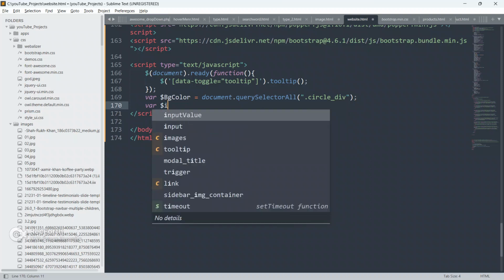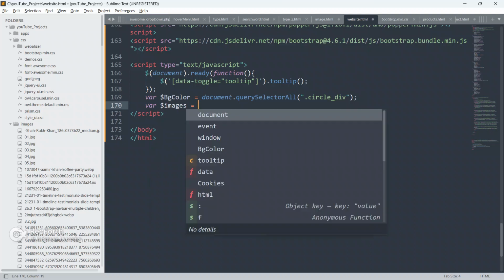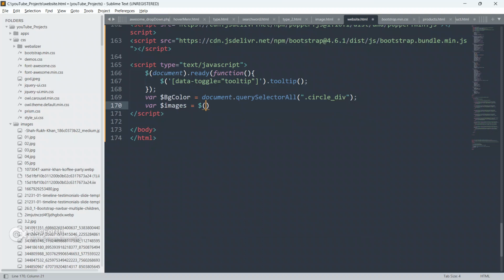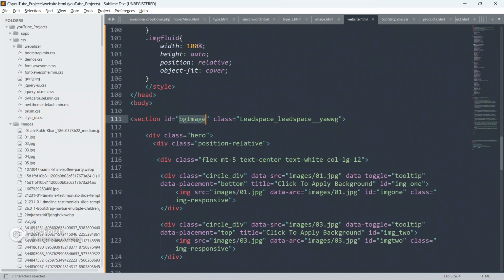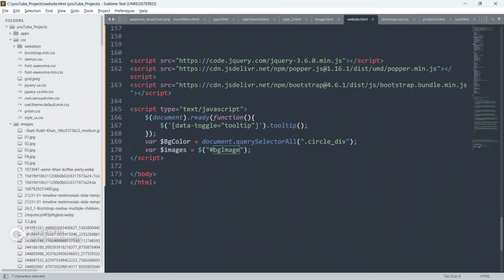So create a var, images. Okay, and we'll select this div, this id image guys. So bg image. Let me show you the bg image. This is the bg image guys.